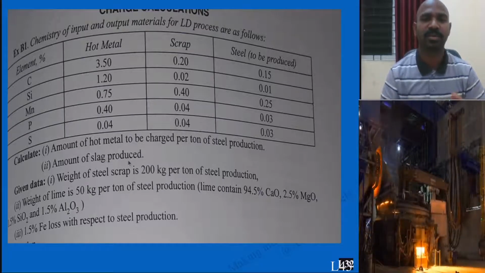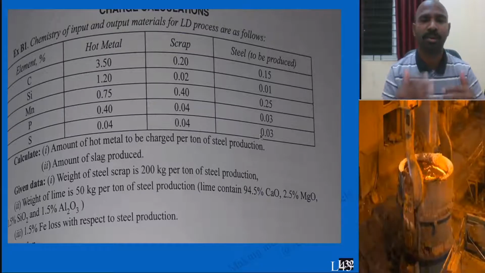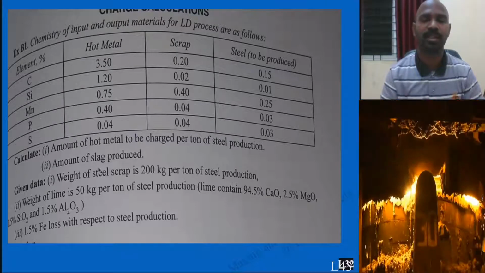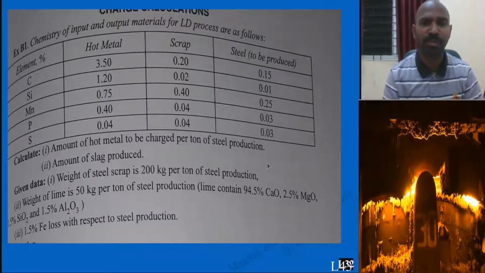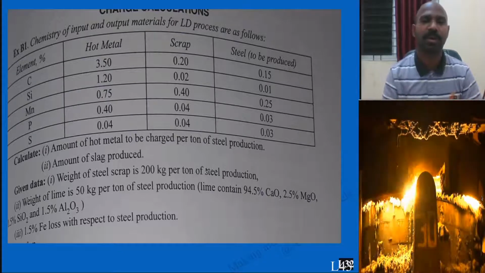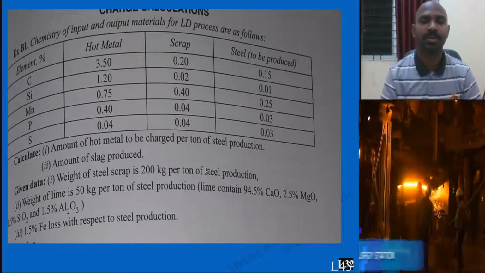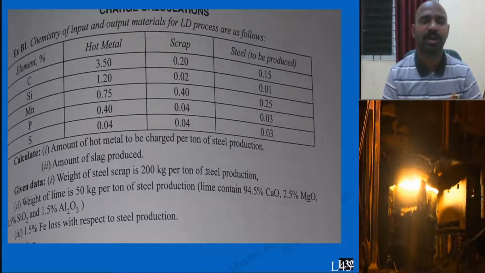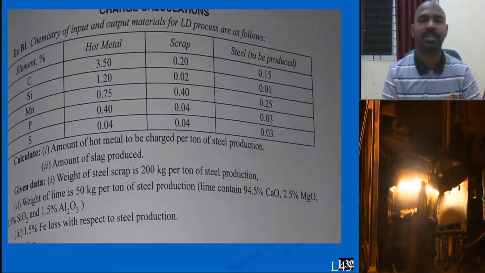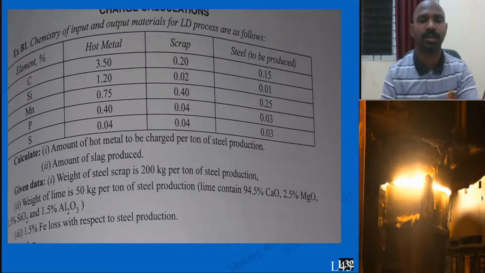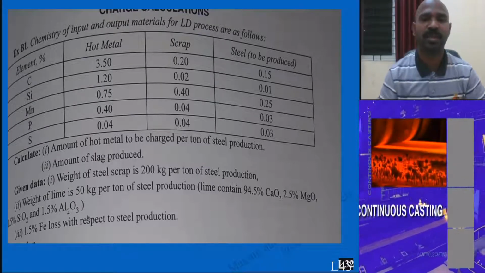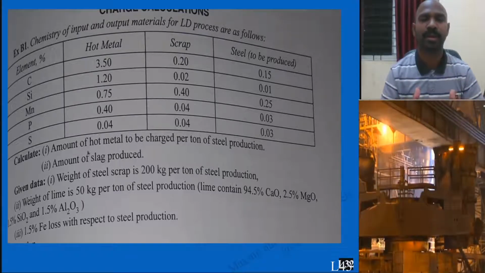And the amount of slag produced. What are the slags produced? For example, SiO2 slag will be there, and when lime is added, CaO slag will be there. Many things you need to note down, and you need to calculate the slags also. Specifically, if it is asked what slags are produced, you need to calculate the specific slag. Otherwise, common slags you need to calculate, and the other given data is used to solve these problems.